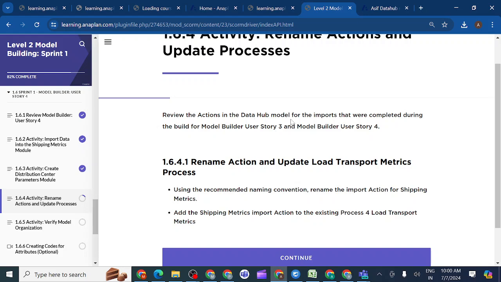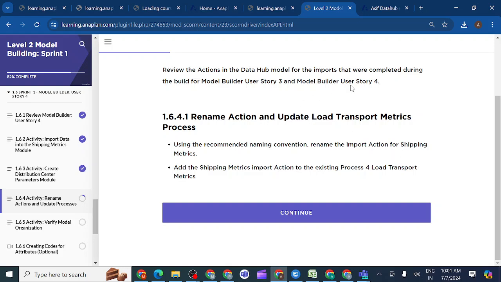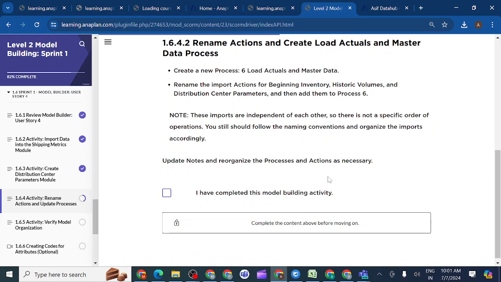Review actions in the data hub model for the import that we completed during the build for the model builder user story 3 and 4. Up to 2 we have renamed. After user story 3 they have not given any renaming process. Why? Because we have only a few things here. While doing user story 3 and 4, whatever the import actions we got, those actions we need to rename here. So using the recommended naming convention, rename the import action for the shipping metrics, add the shipping metrics actions to the existing for load, whatever the